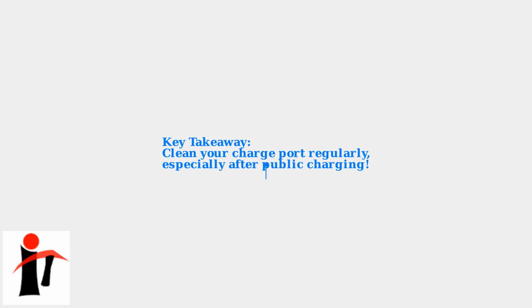In Norway's harsh winter climate, Model 3 owners faced elevated CP A163 rates due to snow and ice ingress. Tesla responded with a regional software update in 2024 that enhanced door sealing mechanisms. This intervention reduced error incidents by 50% in affected vehicles, showcasing how environmental adaptations can significantly improve reliability. These real-world examples highlight the importance of regular port maintenance. Owners should clean the charge port routinely, especially after using public chargers, to minimize CP A163 occurrences and maintain optimal